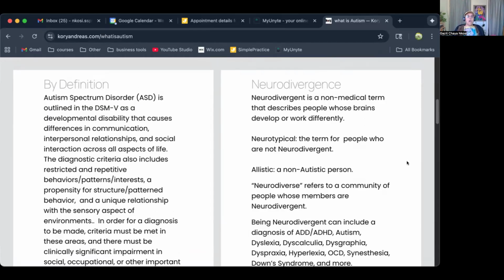I have also heard neuromajority, and I've heard allistic, which is here too, meaning non-autistic. There's one other one that I'm not thinking of right now that's like not neurodivergent, but without holding that word typical, which some people don't love. Even neuromajority can be misleading because similar to how we use the word minority to describe people of color, even though folks of color are the global majority.